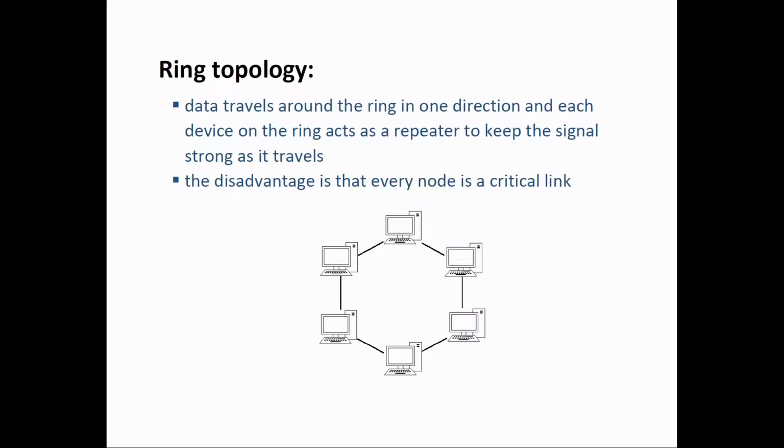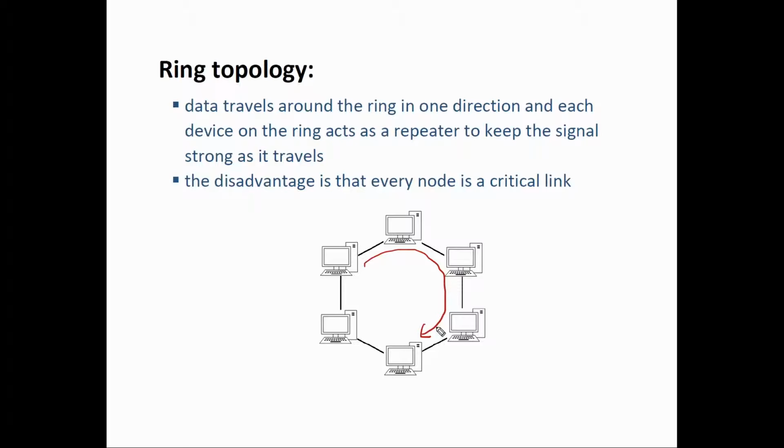Moving further, in the ring network topology, which is set up in a circular fashion, like we are seeing here in the picture, the data travels around the ring in one direction. Let's say that the data will be able to travel like this. And as it travels around the ring,